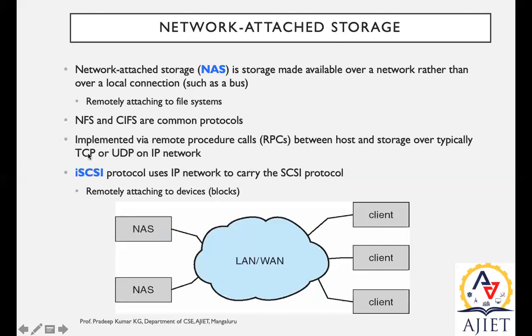What is TCP? It is transmission control protocol, a connection oriented protocol. So before sending a particular file, before saving a particular file from client to storage, a proper designated connection should be established. Then only the file transmission takes place. If it is UDP, it is user datagram protocol. So there is no dedicated path. The client will push that particular file. The network will identify which route to take via the router, and then the file is processed to be saved in that network attached storage. That is how it works with respect to UDP.